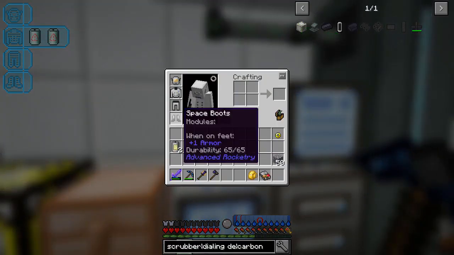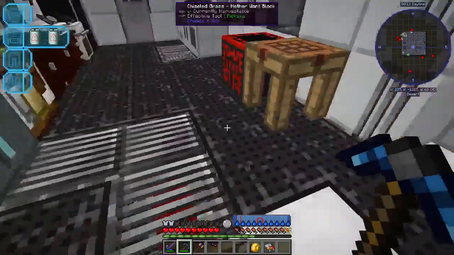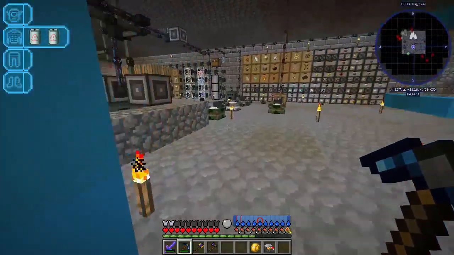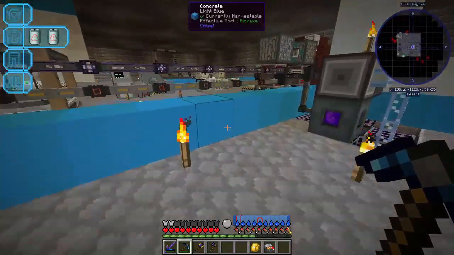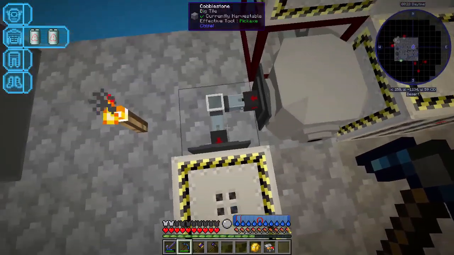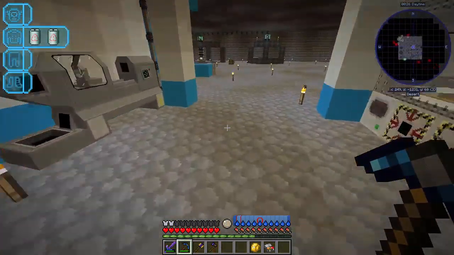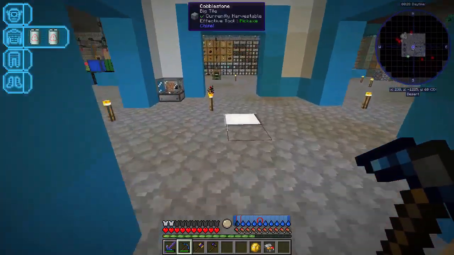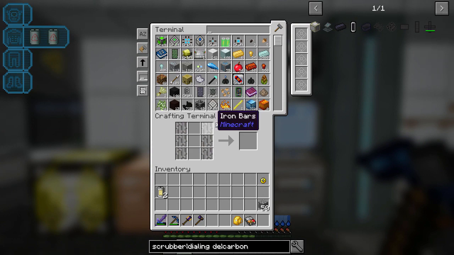High pressure tank. I'm assuming we have oxygen. Let's see. Yes, our oxygen bar is full. I forgot where it was, and now I saw it. So, it's kind of hidden by the water, to be honest. So let's see. What else are we going to want? We're going to need...